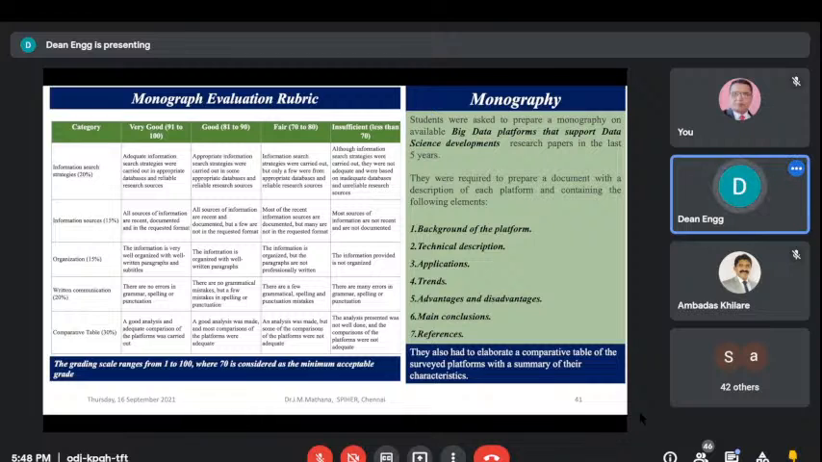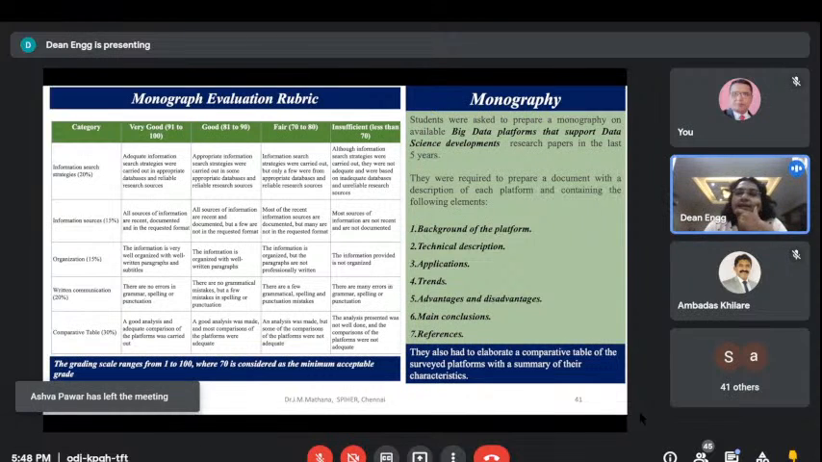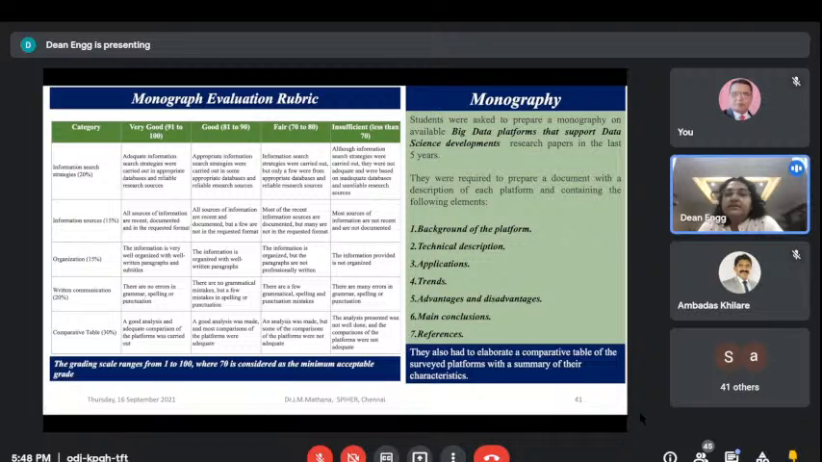Okay, so once the workshop gets over, then the faculty asked the student. She gave a title, that is big data platforms that support data science development. Under this topic, the faculty asked the student to collect all the papers in the 5 years. After collecting the papers, students have to read the papers,